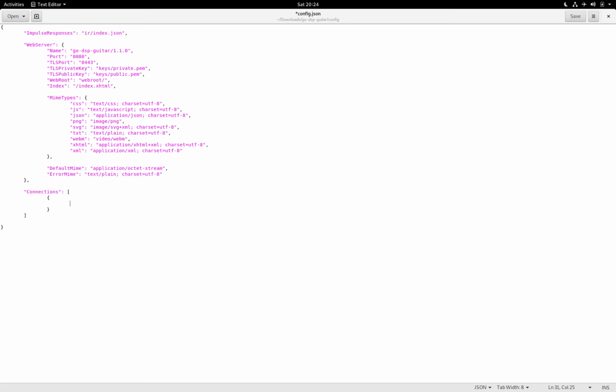And between these curly braces you write "from" in quotes, then a colon, and then you write again in quotes the source port from which your audio originates. In our case we want to connect our capture input 1 to the input in_0 of go-dsp-guitar. Remember the inputs on go-dsp-guitar are a zero-based index, and the inputs on your audio hardware have a 1-based index. So you write from system: